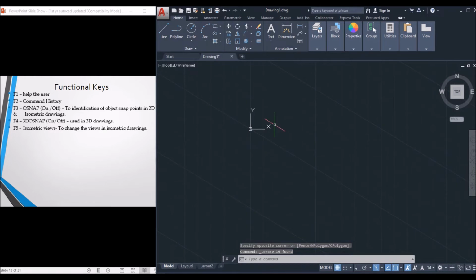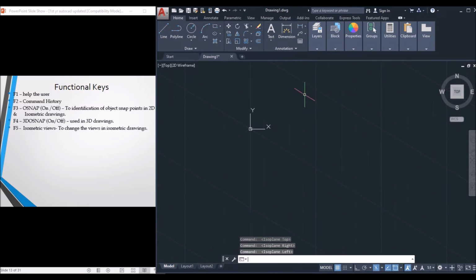Already we have discussed there are three views in isometric, that is left, top and right. Now it is in the left view. Now I want to draw a sketch in the top view or right view, so for that we need to change the view. If I click on F5, it will give the cross symbol, which means it is in the top view. Now again click on F5. Now it is changed to the other side view, that is the right side view. Like this, if I click on F5, the views can be changed in the isometric and we can draw a figure in that particular view.